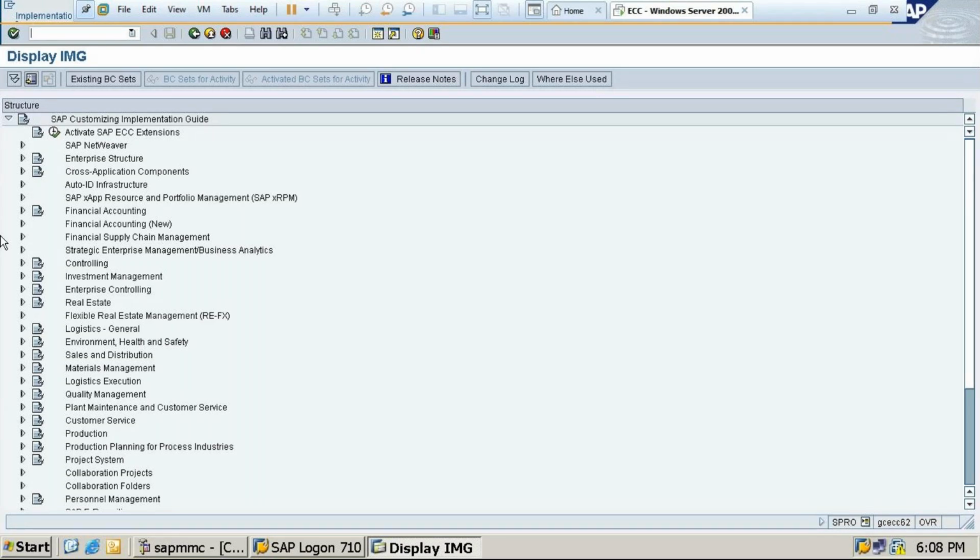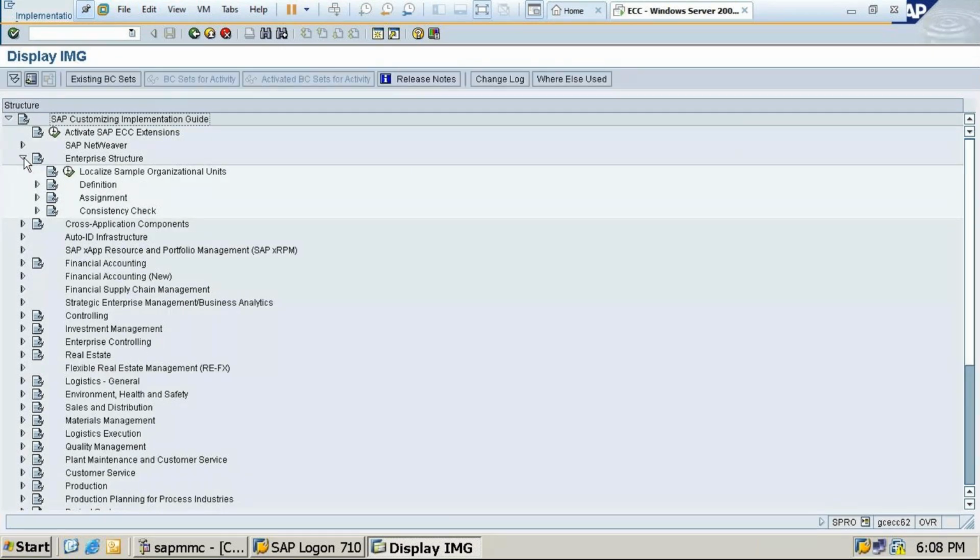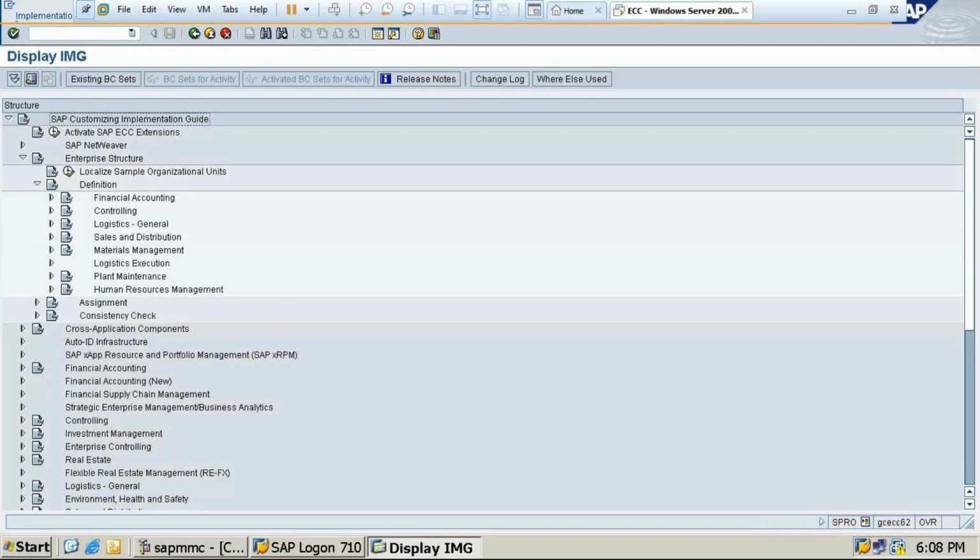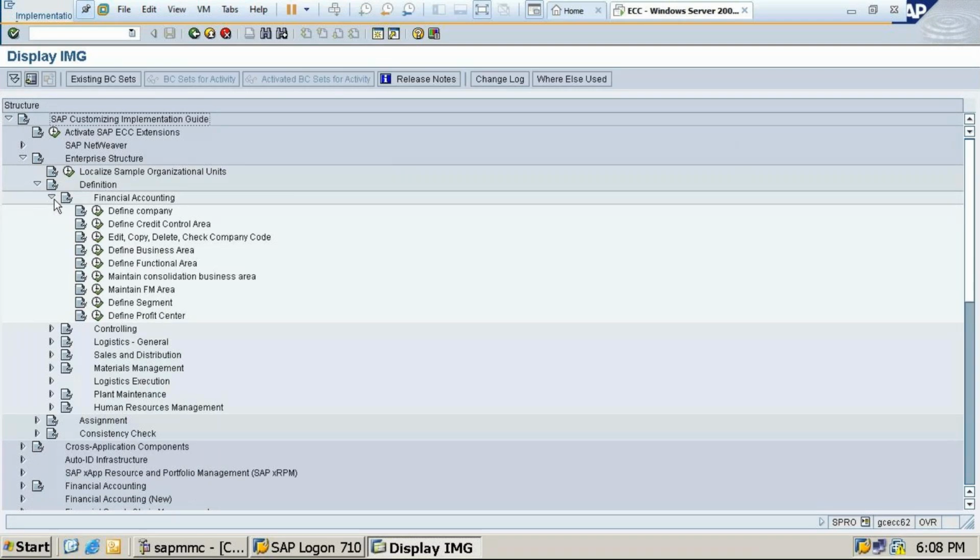So what we need to do? Go to the Enterprise Structure, then go to Definition, then Financial Accounting, Define Company.